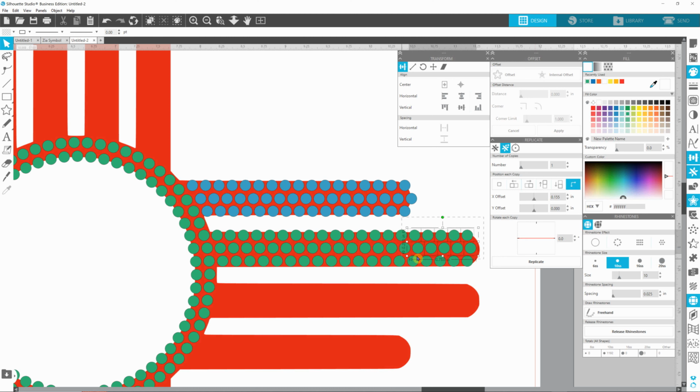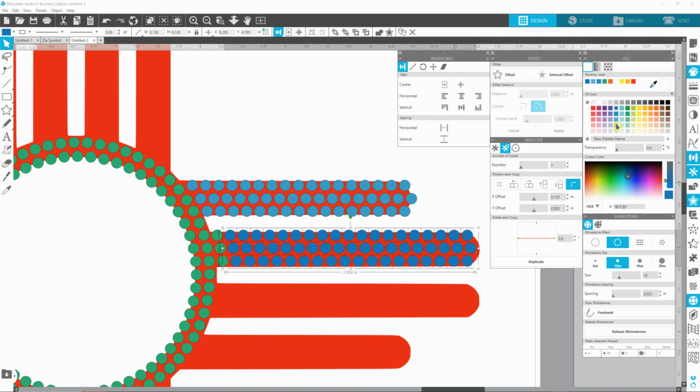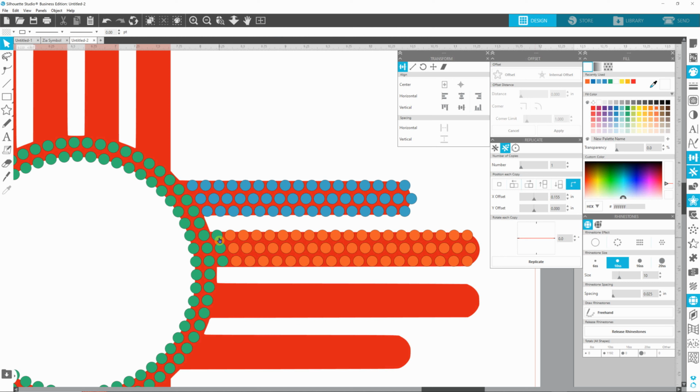Okay, so now I want to change the color. I want to match this color, so I'm not sure what blue it is. I don't think it's that one. I think it might be, nope. So just so I get the right colors, you know what, I'm going to change this to orange, the top orange. I'm holding my shift and then I'm clicking individually. I'm going to change those, and then I'm going to change these to orange also. Okay,